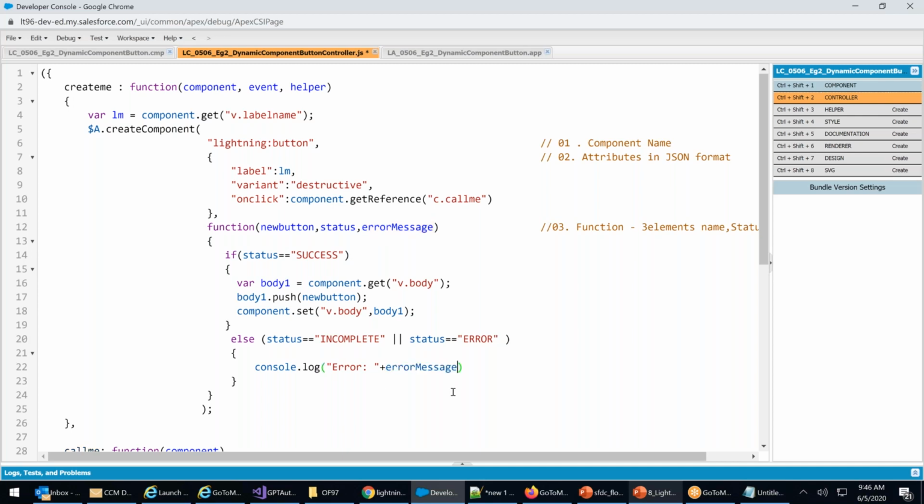Plus error message. Suppose the system is not able to create this due to some reason. I want to know what the reason is that this button was not created. Over a full-fledged program you have written.